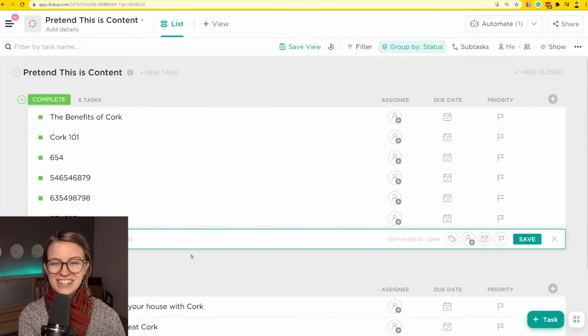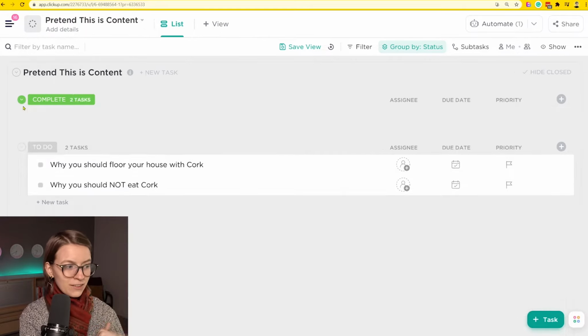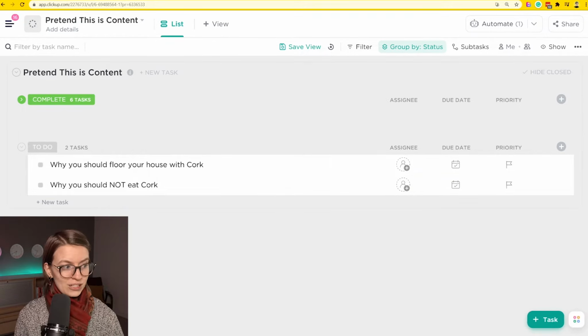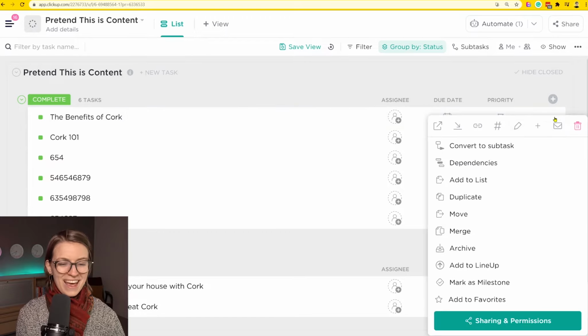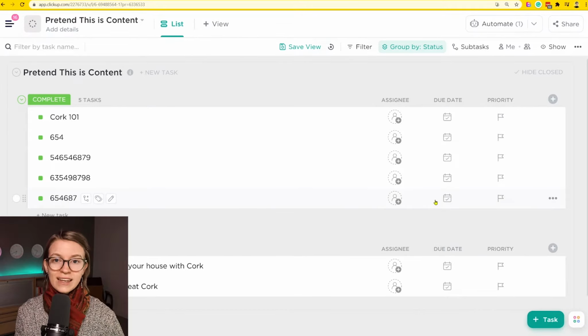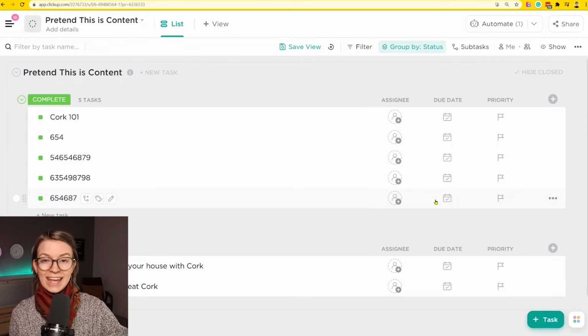As you have more videos here, this can become very cluttered. Even if you collapse it, having hundreds of completed tasks in a list can just feel a little bit messy. So what we can do instead, rather than having all of our information live in ClickUp and die in ClickUp and archiving things as they become done, let's instead use Integromat to send any published videos into a centralized spreadsheet